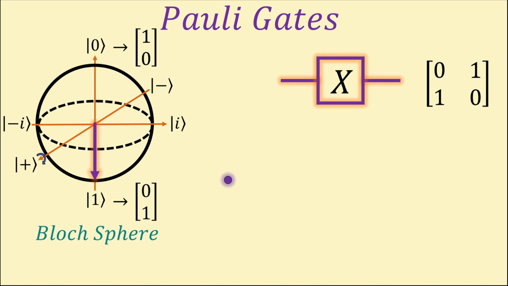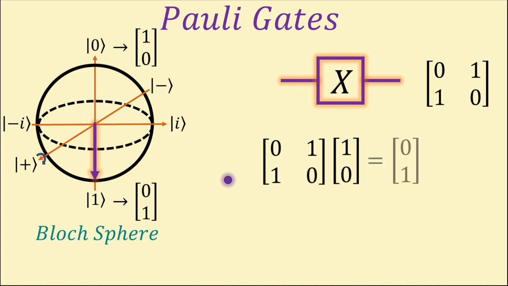We can see why when we perform the matrix multiplication. Our input qubit was the 0 state qubit with the matrix 1 0. Making sure the transformation matrix is applied before this, we can multiply them together to receive 0 1 as the output qubit, which is the one state. Given this property of flipping between the two states, it's often referred to as the NOT gate for qubits. We can also apply the X gate to superposed qubits. For example, this qubit would be transformed to the opposite side of the x-axis.